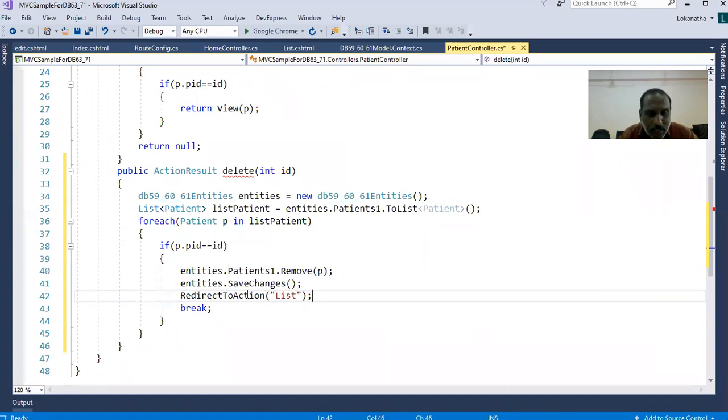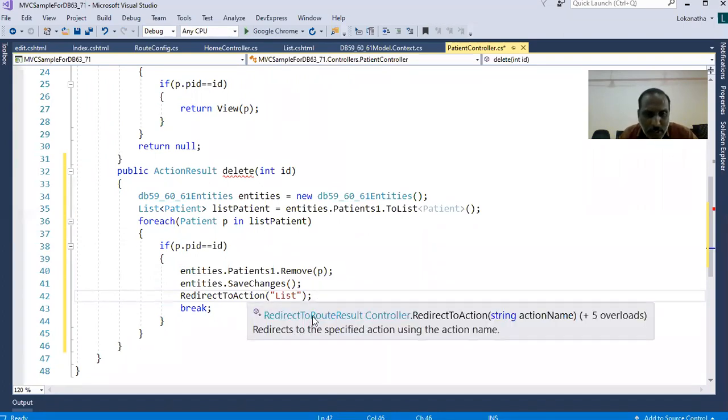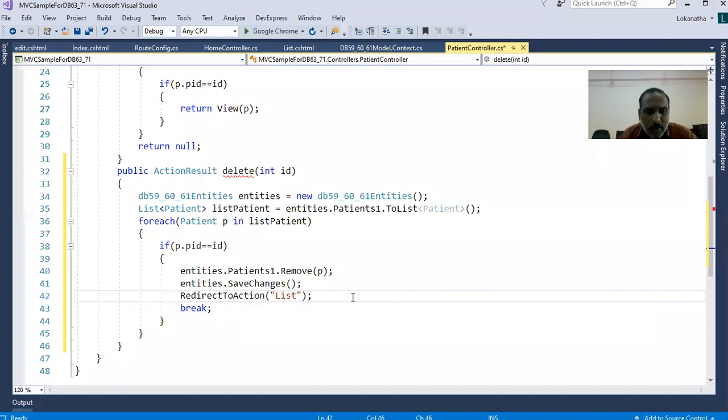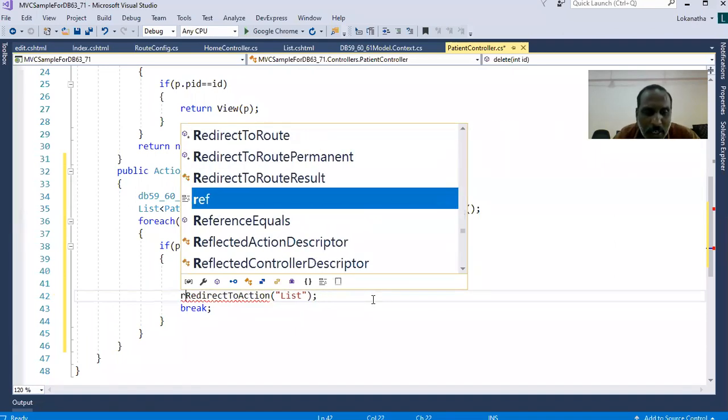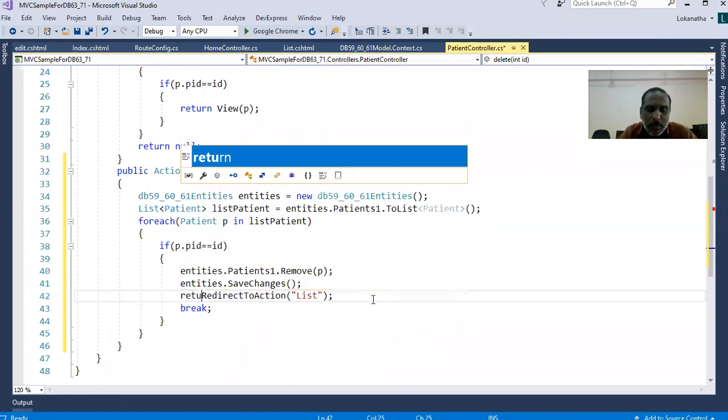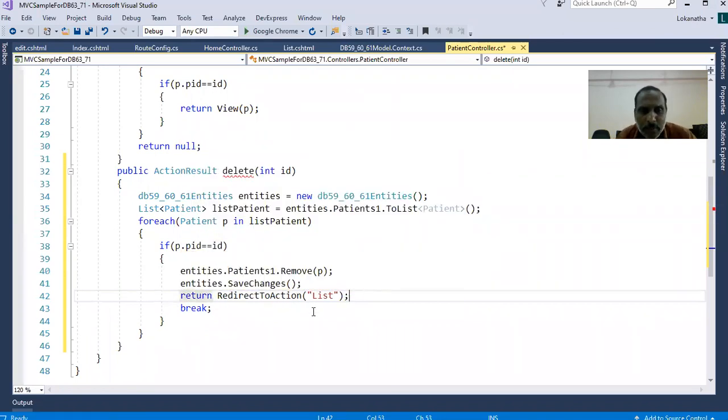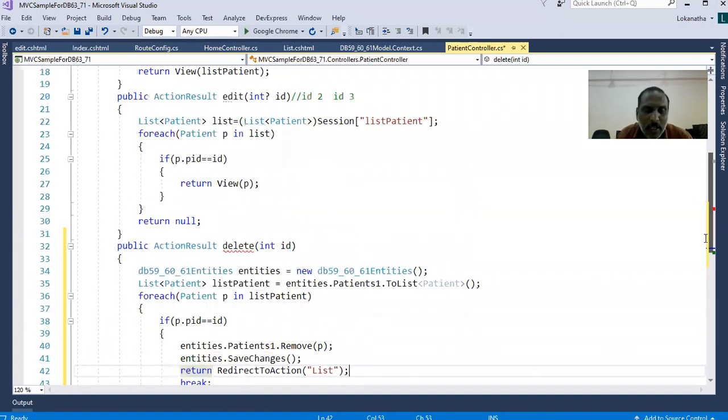The return type of RedirectToAction is RedirectToRouteResult, so you can declare that. Otherwise, I do one thing. Whenever you call RedirectToAction, put a return statement before it. Automatically the user will be redirected to the List action method, which is present here.